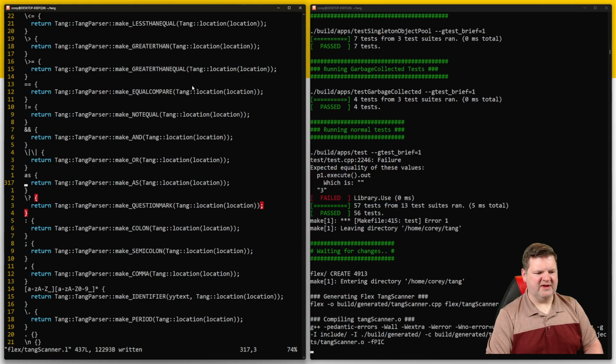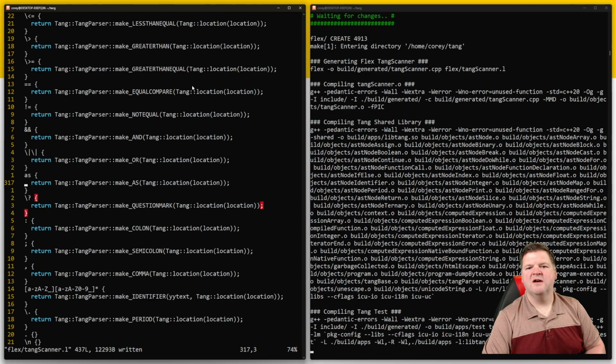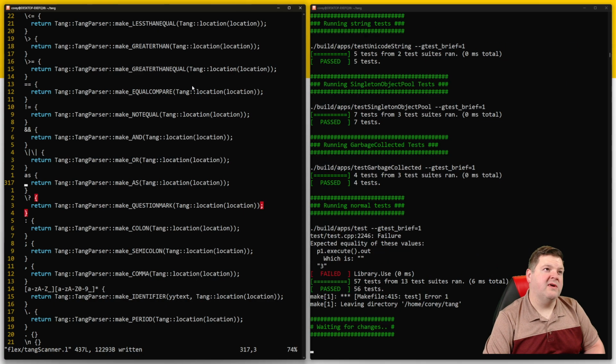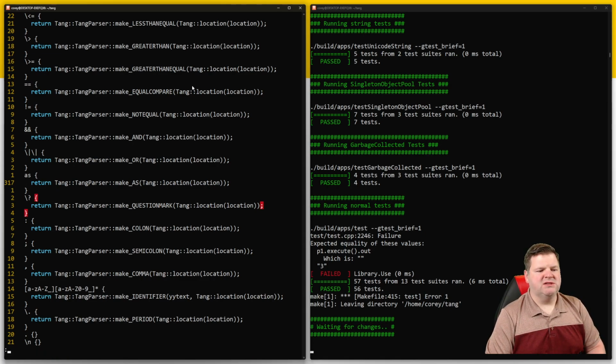I just hit save again, and okay, Flex compiled without any problems. Bison doesn't know what to do with the "use" and "as" because the problem is now we need an AST node that represents this use thing, and we're not even supporting the "as" yet, but yeah. Okay. So